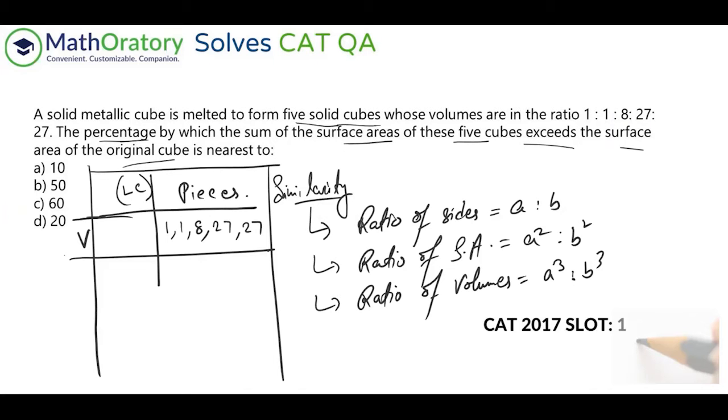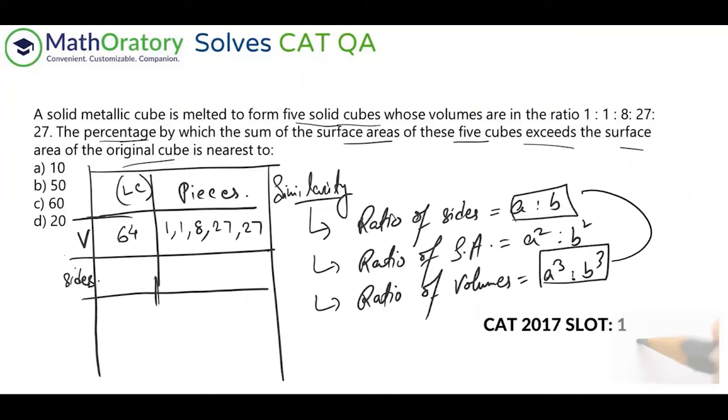So what you can do is you can just consider these as the volumes, and then the sum of these numbers will be the volume of the large cube, right? And 1 plus 1 plus 8 is 10, and you have 27, 27, that is 54. So this total volume should be 64, right? So you can consider these as the volumes. So in that case, for the sides of the large one and the pieces, you can use this idea. The volume is in a cube is to b cube. So coming to here, you need to take a cube root, right? So just take a cube root from here to here.